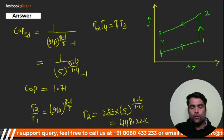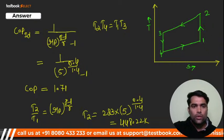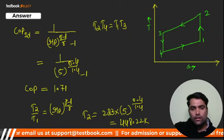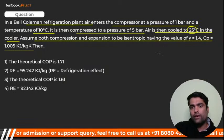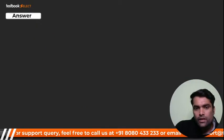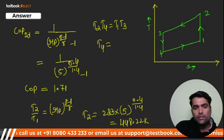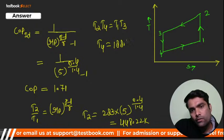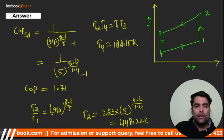It is 448.22. And my dear, T3 is how much? 298 is given, I think, right? 298 given तो है क्वेश्चन में. It is given 25. Here is cooled, then that is this 25. That is 298, right? So that means we are going to get, my dear, T4. T4 यहाँ से कितना आ जाएगा बच्चा? And that T4 will get, my dear, 188.15 Kelvin, right? So if you get T4, अगर आपको T4 भी मिल गया, so my dear, now you have